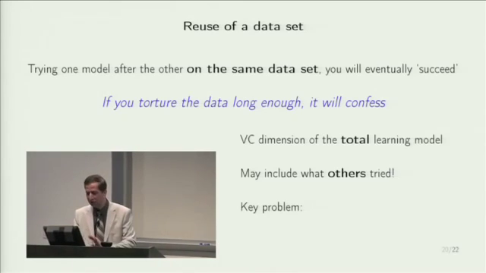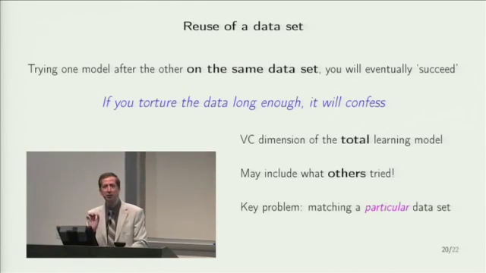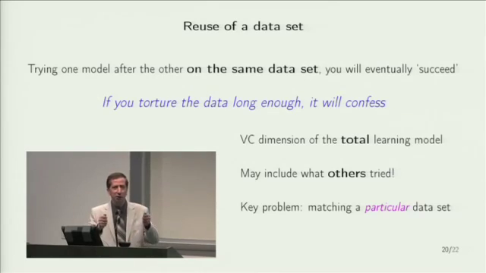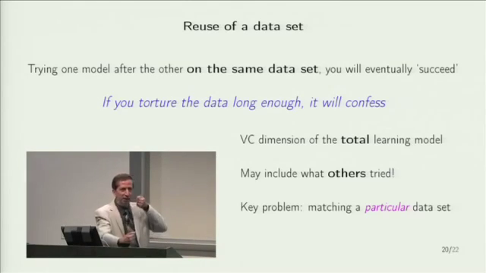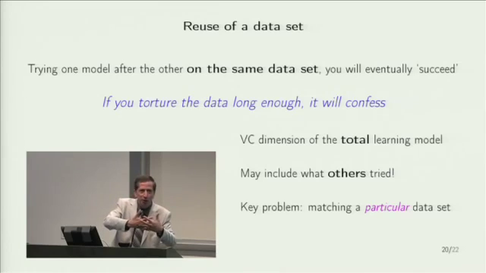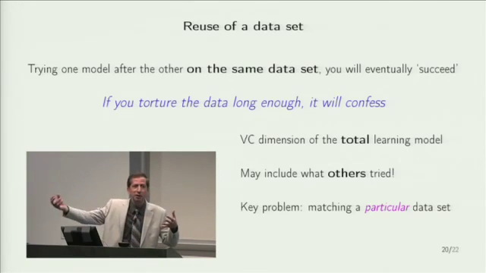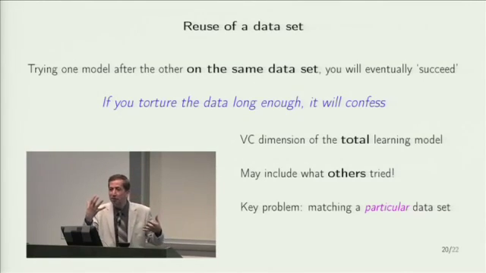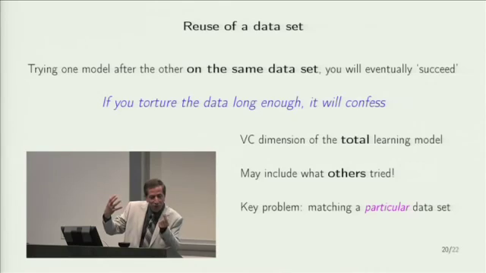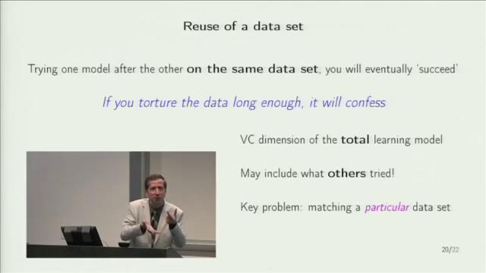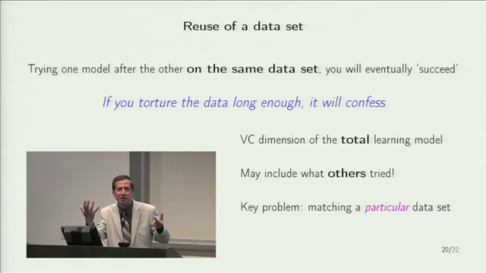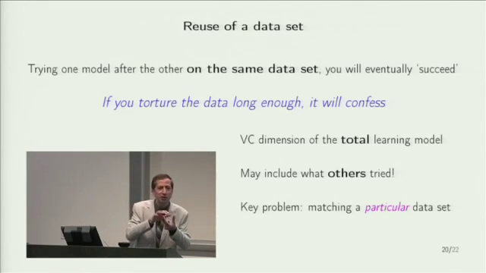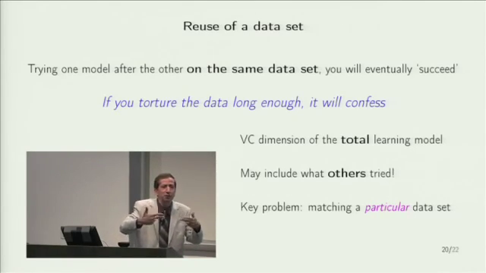And the key problem in all of those is always to remember that you are matching a particular data set too well, okay? You are now married to that data set. You keep trying things, etc., and after a while, you know exactly what to do with this data set. If someone comes and generates another data set from the same distribution, it will look completely foreign to you. What happens? It used to be that whenever these 2 points are close, there is always a point in the same line far away. That's obviously an idiosyncrasy of the thing. Now you give me a data set that doesn't have that. That must be generated from a different distribution. No, it's generated from the same distribution. You just got too much into this data set to the level where you are starting to fit funny stuff,